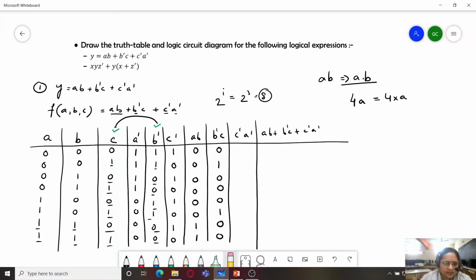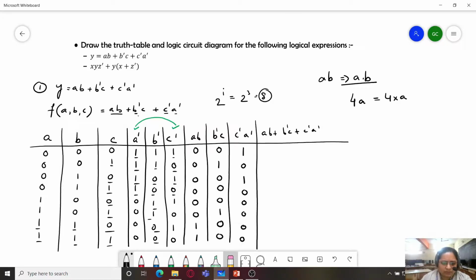So I'm going to first rub these values. So we'll be having C dash and A dash now, that is these two fields. So again it is an AND operation, and you can see 1 1 which will be 1. Then we have 1 0 will be 0. 1 1 will be 1. 1 0. And because we have four zeros here, we can straight away write zeros. So we found out these three values also.